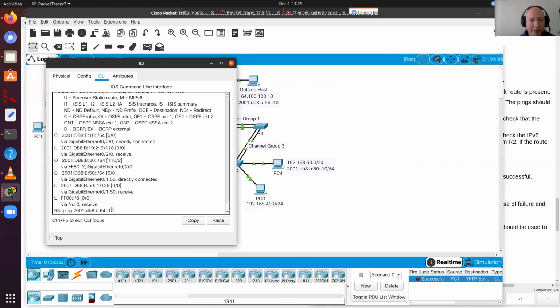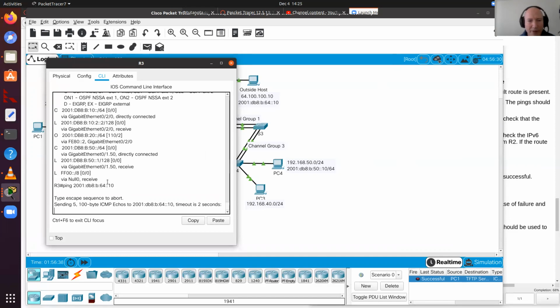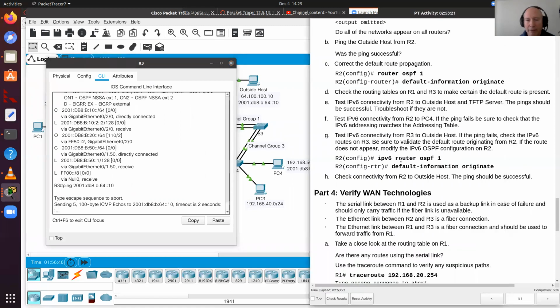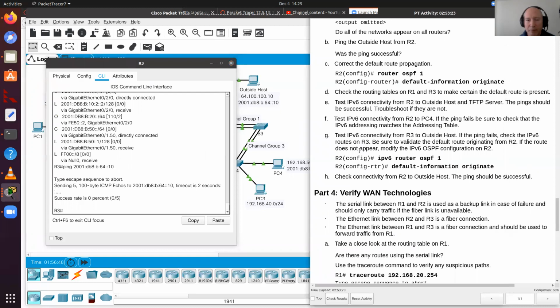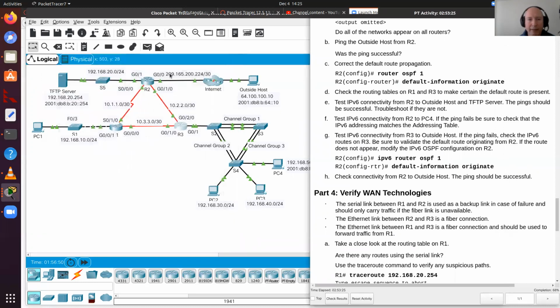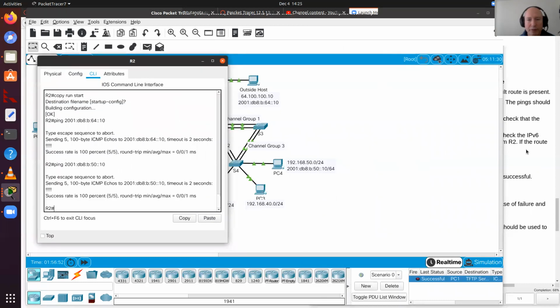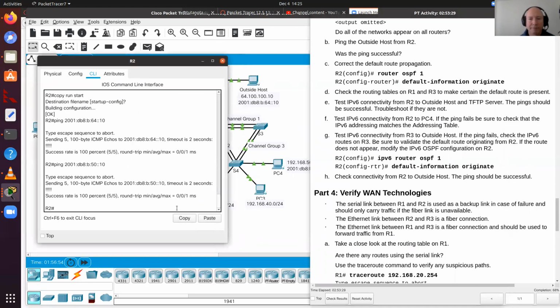Remember, the 2 colons take the place of a bunch of zeros, and it makes it a lot easier to type. So we got the IP address correct, but it's timing out, and we know why. We don't have a default route, so we need to go back to router 2 and enter